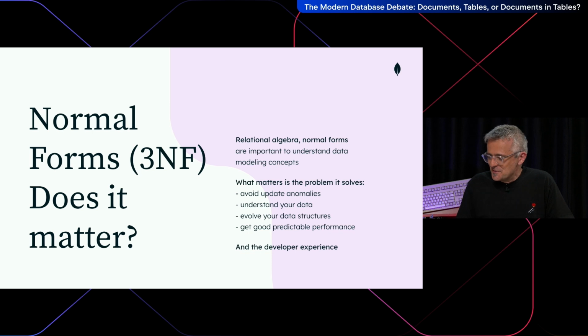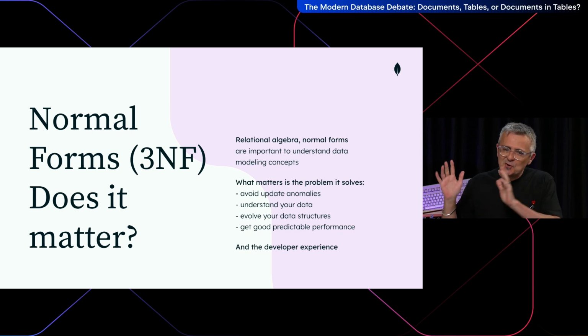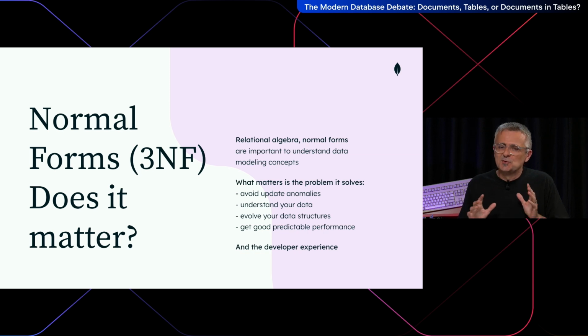Something also, when we think relational databases, SQL databases, people think about what they have learned at the university about the normal forms, where you have to normalize all your tables. It's always interesting to know the concept. For me, the relational algebra and the normal forms are like math. It's good to know the concept, but then you have to go to real life and understand the reason of it. The reason to normalize is to avoid update anomalies, but if you control your update, or if you have static data, it makes sense to denormalize.